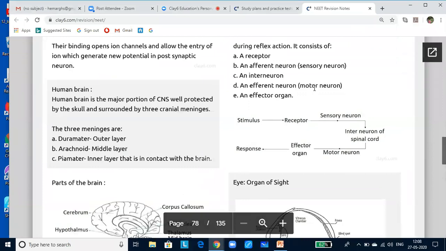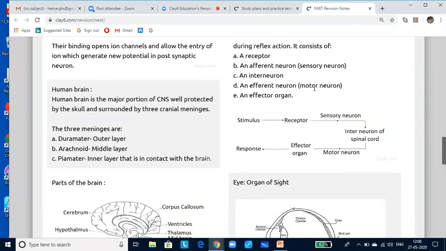Now let us look at a reflex action. So what is a reflex action? It's an immediate response to a stimulus without the intervention of the brain, controlled by the spinal cord or central nervous system. Reflex action is an autonomic motor response to a sensory stimulus without the brain being immediately involved. Reflex actions are very quick and fast. They follow the shortest route for quick response, and these are mostly protective in function.